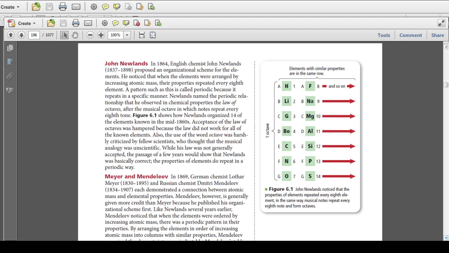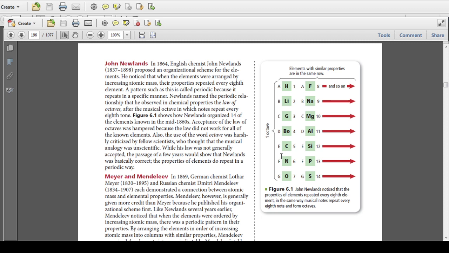And we can see over here, this was what John Newlands' periodic table looked like. Hydrogen to fluorine, then we skip another row, or we would say we'd skip an octave, from lithium to sodium, so on and so forth. I guess this is maybe gallium to magnesium. I guess in time some of these symbols started to change. I digress. So in this figure, it shows how Newlands organized 14 of the elements known in